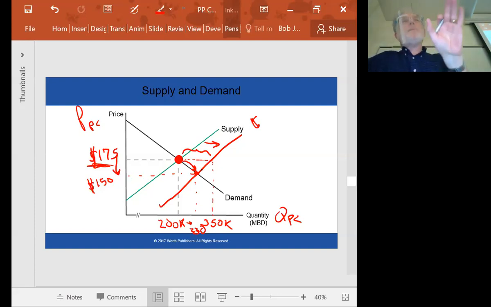Think about what happens to the producers here. They were trying to make profit. That's why they came up with the new technology. Okay? The new technology increases supply and it pushes the price down. Notice ultimately who benefits from this new technology. It's the consumers. The consumers are ending up getting the benefits of that innovation. The producers were trying to make more profit for themselves, but when you have competition, those savings get passed on